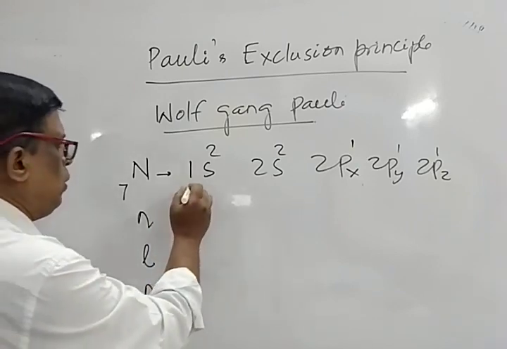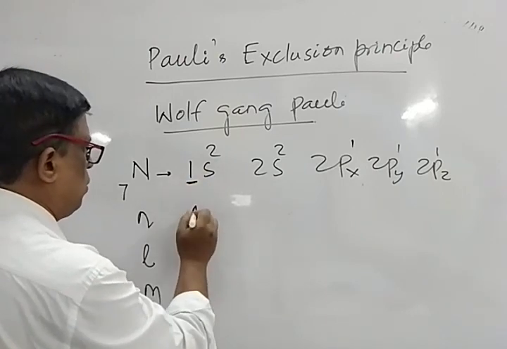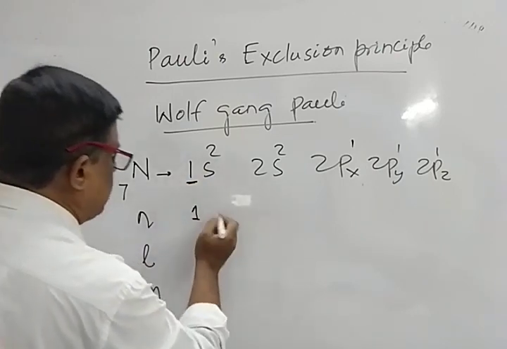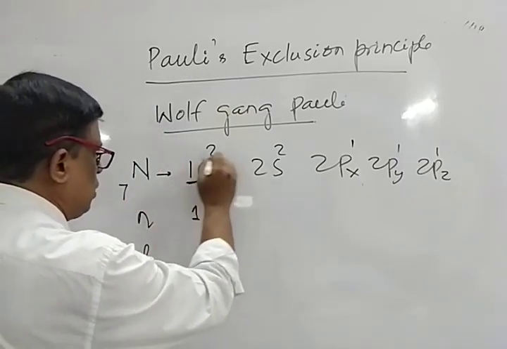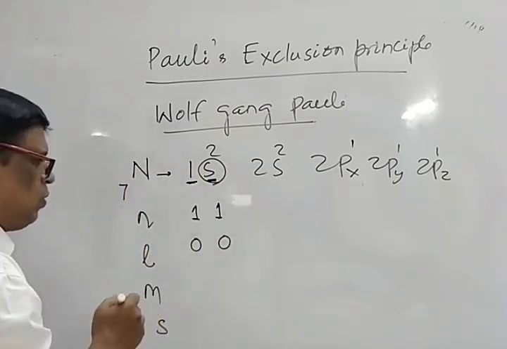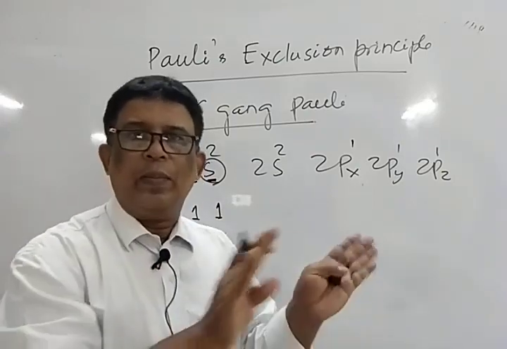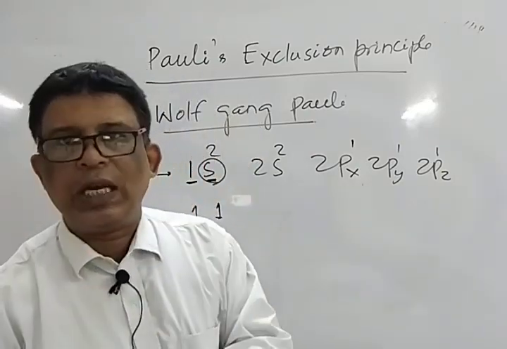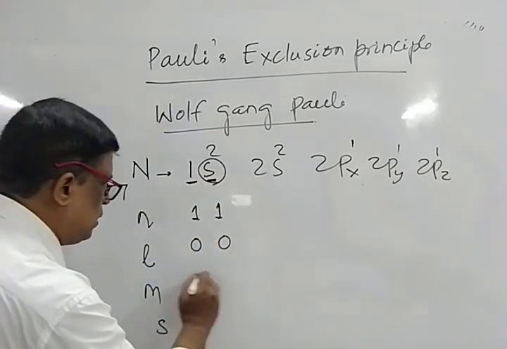Mark that, 2 electrons are there in 1s. For the first electron, the principal quantum number is 1. For the second electron, the principal quantum number is 1. Similarly, s is the subshell, so for the first electron l is 0, and for the second electron l is 0. The magnetic quantum number has values from minus l to plus l through 0. Mark that, l is 0 here, so it is 0, 0.